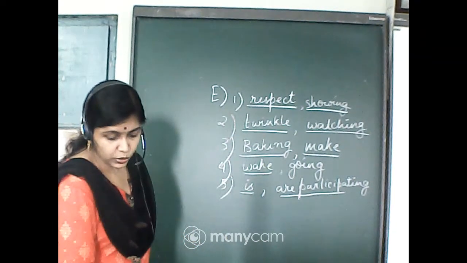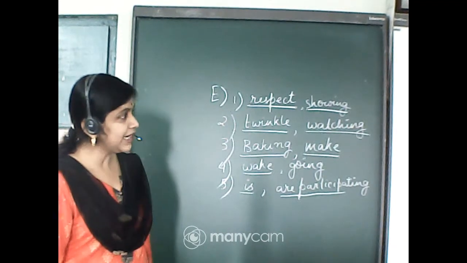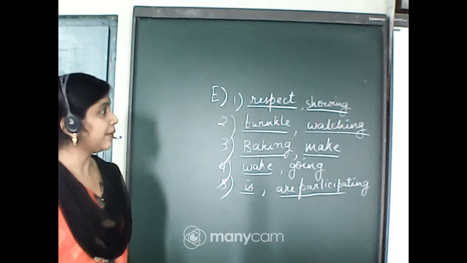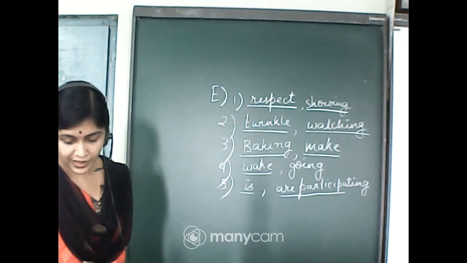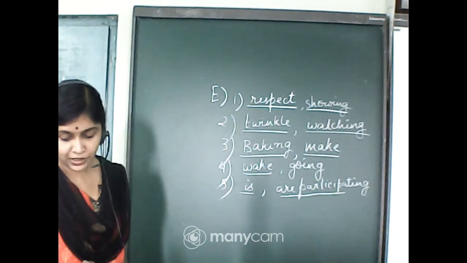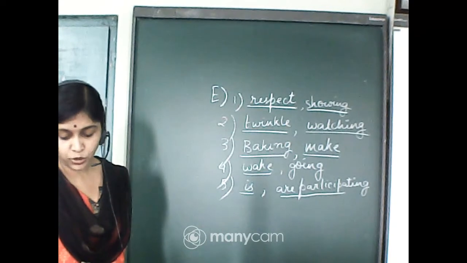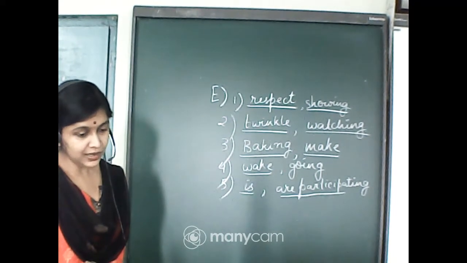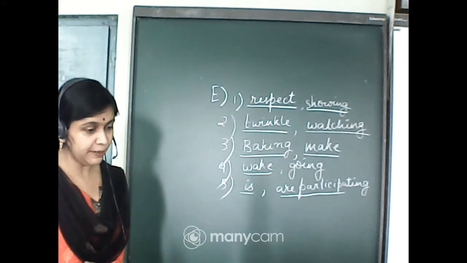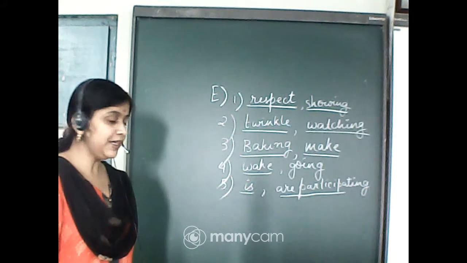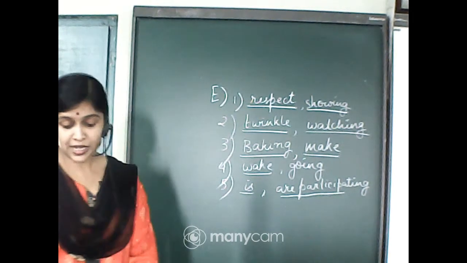D number 2. Let me repeat all the answers of number D. Okay. D number 1 is Meena does not. Number 2, mother does scold me. Number 3, does she like. Number 4, do they plan. Number 5, they do not. Done? All of the answers I have repeated of number D. Number E, exercise E, all of the questions have been done.